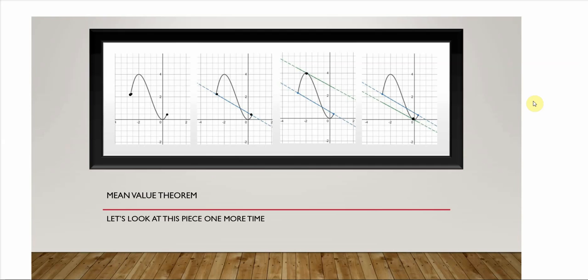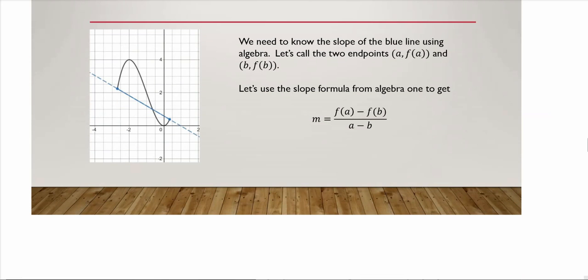So somebody said, wait a minute. In Rolle's theorem, I'm going to have the same slope as the endpoints. Well, what if it's different and it's not 0? And that's how the mean value theorem came about. Okay? So let's look at it. How do I find the slope of my endpoints? Well, for the slope of my endpoints, I can use algebra. My first point is going to be